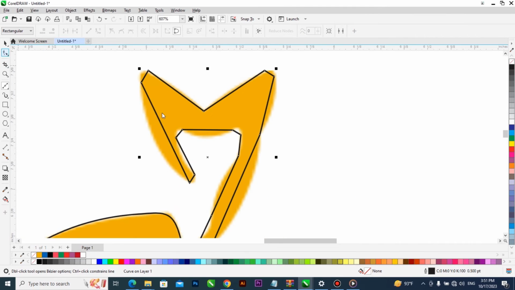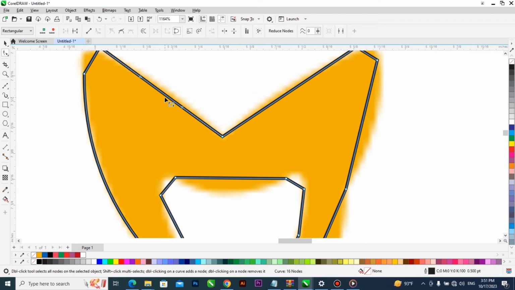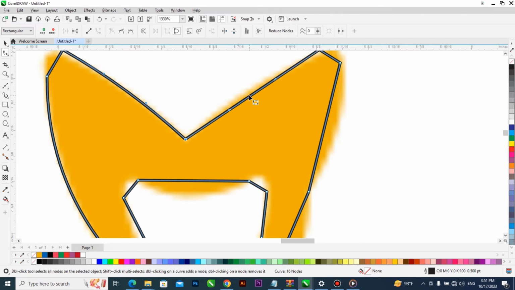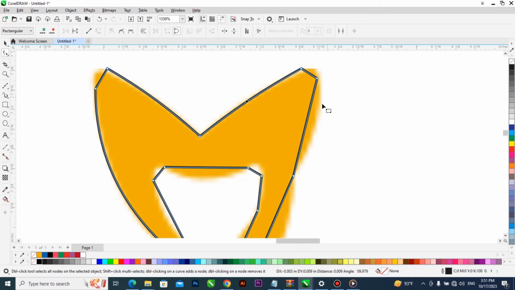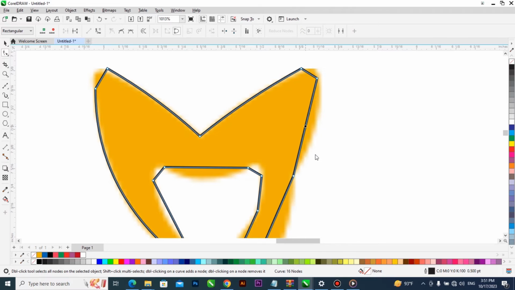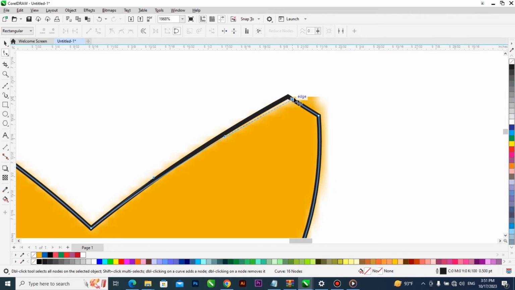So very quick one, I'll just pick my shape tool, drag, and I'll drag it. So we'll continue like that. We'll keep advancing in our CorelDraw tutorial class,